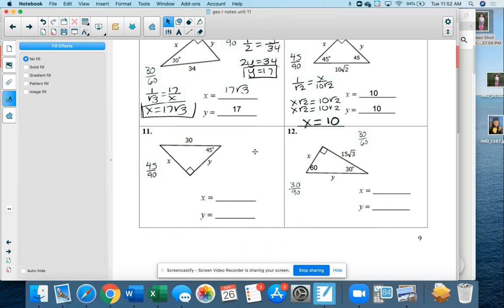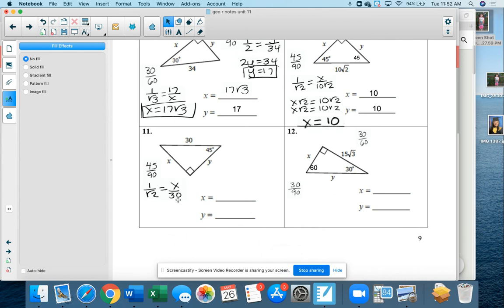Number 11, I have a 45, 45, 90 triangle. I have the hypotenuse. So this one's going to take a little bit more work on cross multiplying. You really need to use this proportion. The rule for the 45, 45, 90 triangle: the side across from the 45 is 1, and the side across from the 90 is radical 2. Now, in this particular problem, I don't know the side across from the 45, but I do know the side across from the 90. So my proportion is going to be 1 over radical 2